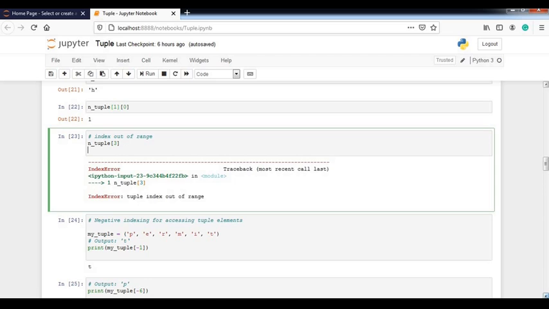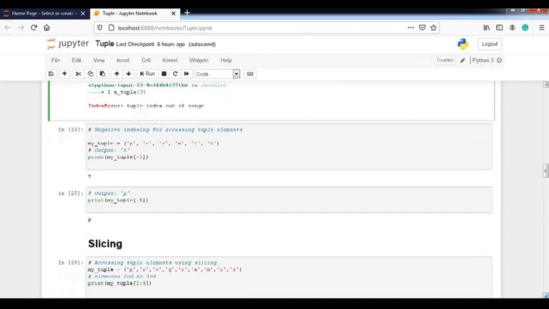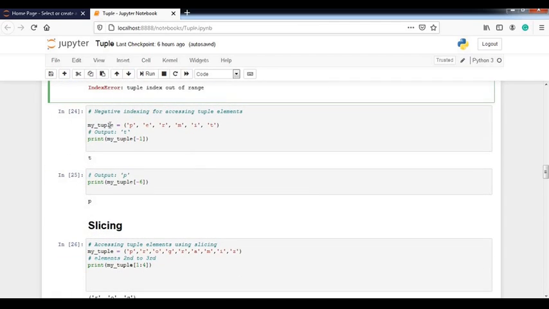Now by negative indexing, let's have a look at how to access elements. If you have a tuple, my tuple, with some values in it, and you want -1, I'll always say -1 will always print the last value present in that tuple or list, so it will print t. Then if you try to print -6, starting from here just count -6, then it will be p.